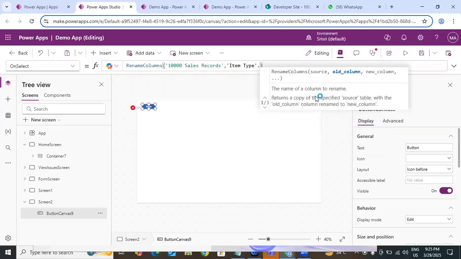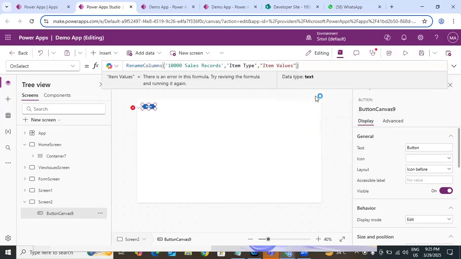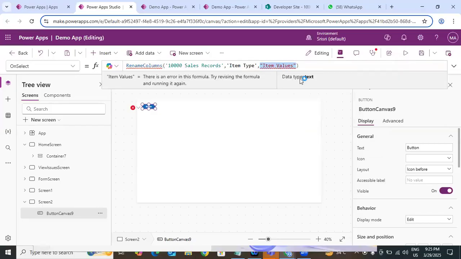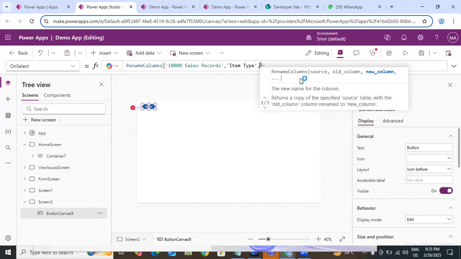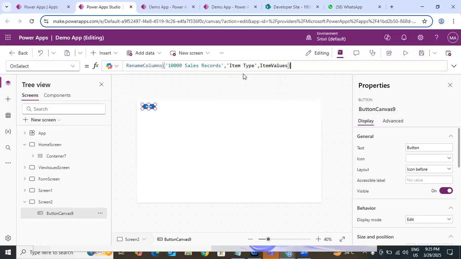I want to rename it to item values. In that scenario it will rename it, and if you hover on this here,